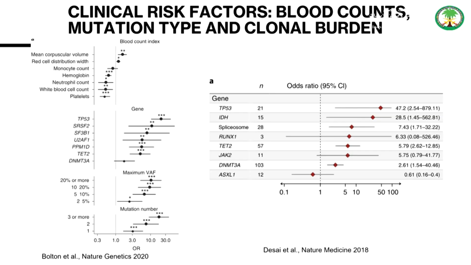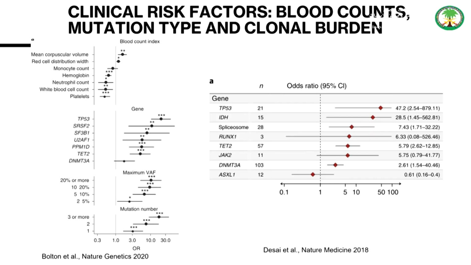There are also clinical approaches that are supposed to help guide us when we see patients in our clinic, actual scoring systems that I'm going to talk about, where you can assess the likelihood of your patient that would present with CCUS in most cases when you see them. And one of them is, as you can see up here, the blood counts. If you, for example, have an increased mean corpuscular volume, very on the top, that really increases your risk that something is going on in this marrow, even though you do not have a dysplasia at this point. It is the mutational burden, and as I said, the clonal burden and the mutation type.